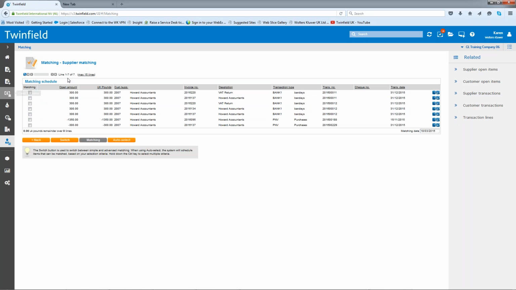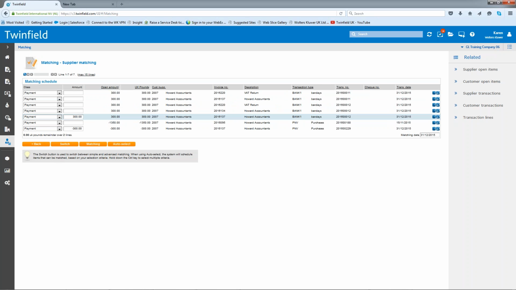Okay, so I've got quite a few invoices here for Howard, so I'm going to just choose my two £300 invoices. And if I just go and use the switch function, what you will find is that under the class you have got an option for write-off. But if you are going to use the write-off option, Howard, Andrew, what you would need to make sure is